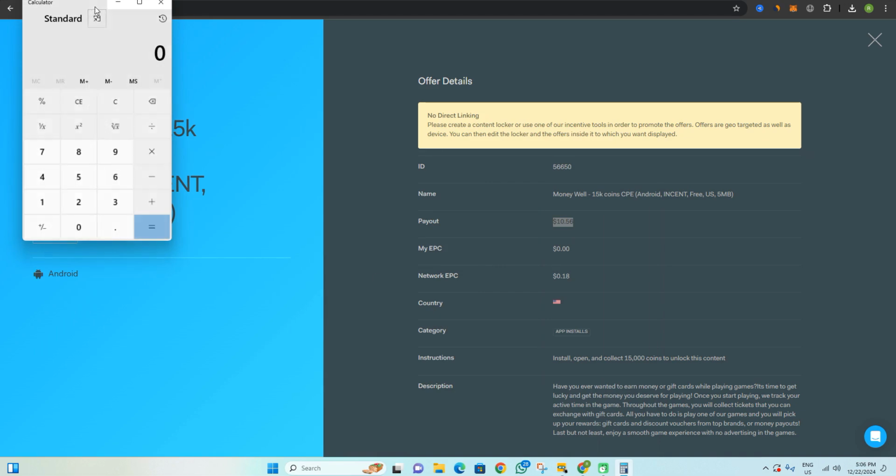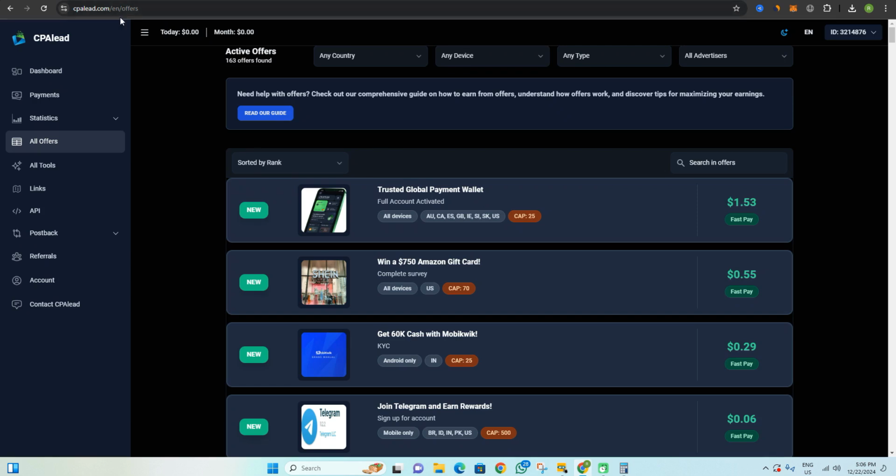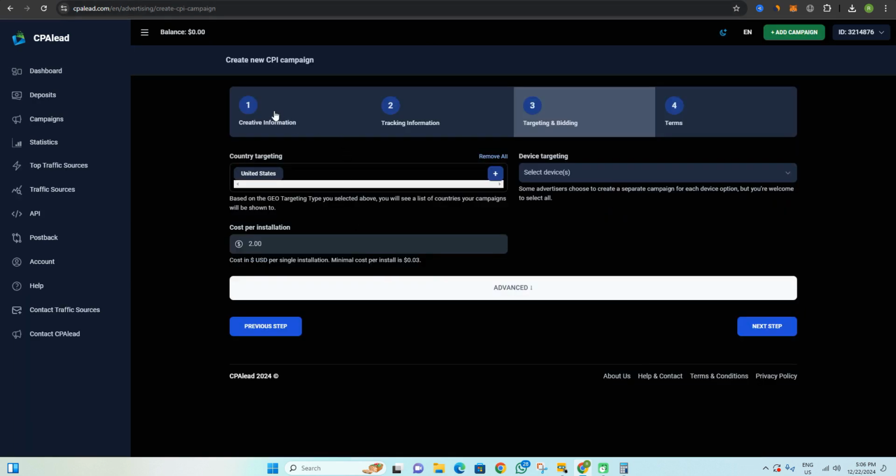Alright, so let me pull up my calculator. Let's do simple calculations. $8.56 over here, multiply by 25. So you're gonna get $214 out of this, and before they are going to deduct $25 from you after your